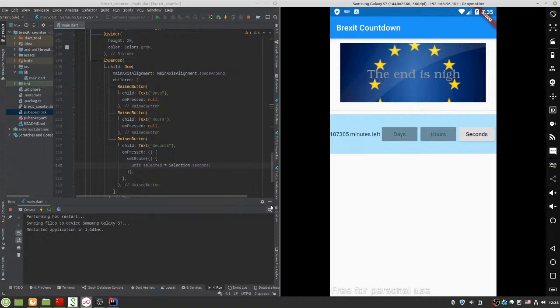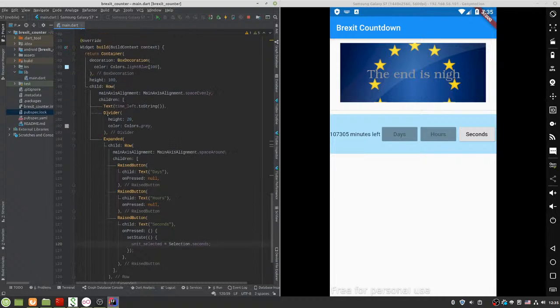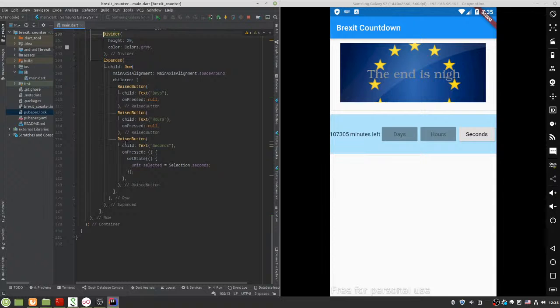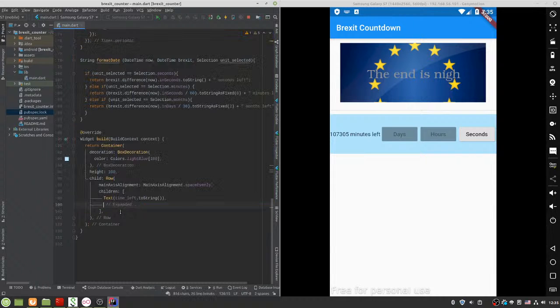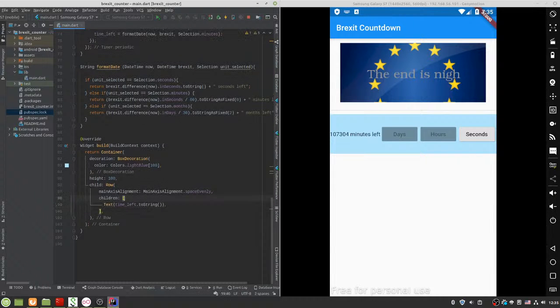However, because of the UI being bad, I'm going to have to remove this from the container, which is a box decoration, and return the container. So I'm going to have to return another container inside the container. So let's go from the divider to the expanded, take it away, and that's that. And then, you know what, there's a widget that basically is just the controls,